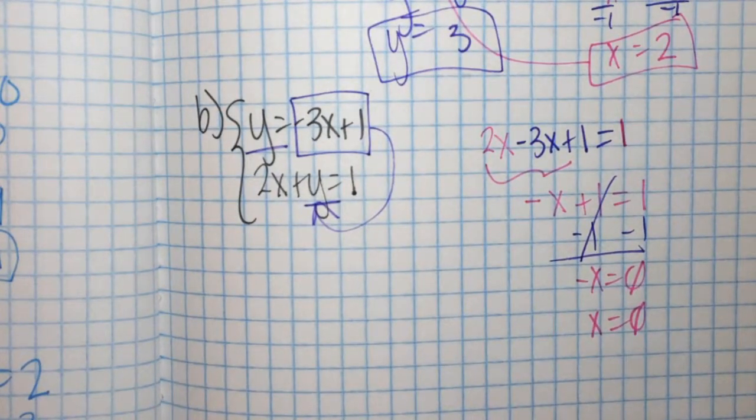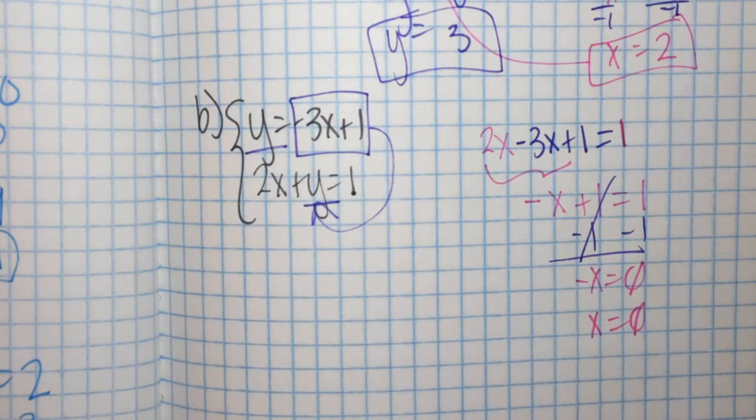How many of us got x? Woo! If your whole table got x, you get a point. Whoa. I did that wrong, but I did it